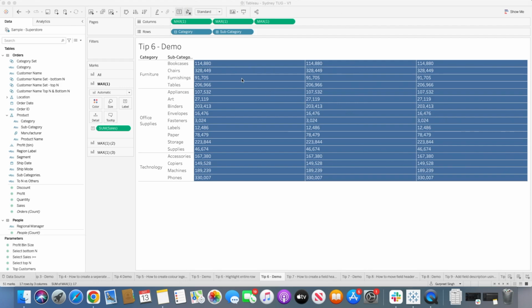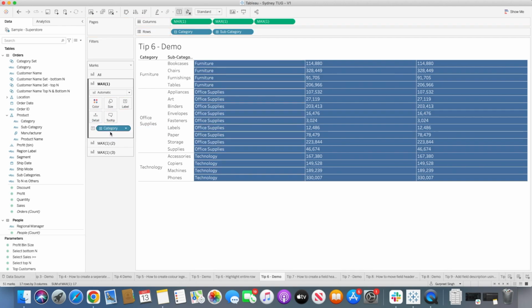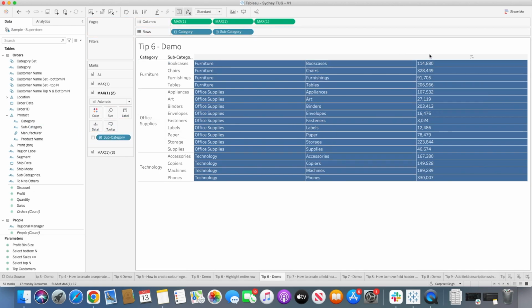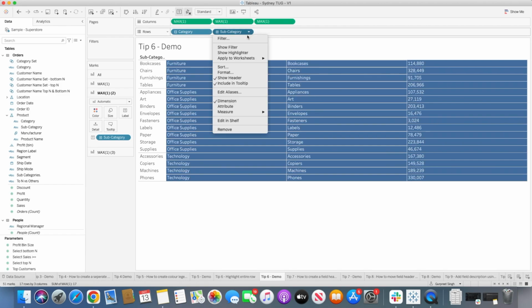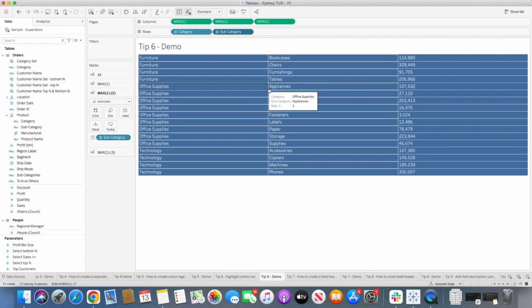But we want to show categories, subcategories, and sales. So what we will do is simply go to each of these placeholders and change the text marks. In this case, I will bring categories. In the second one, I will bring subcategories. And you will see here all of these are in the bar section. Now I will simply uncheck the show header for categories and subcategories, and you will see here all these bars